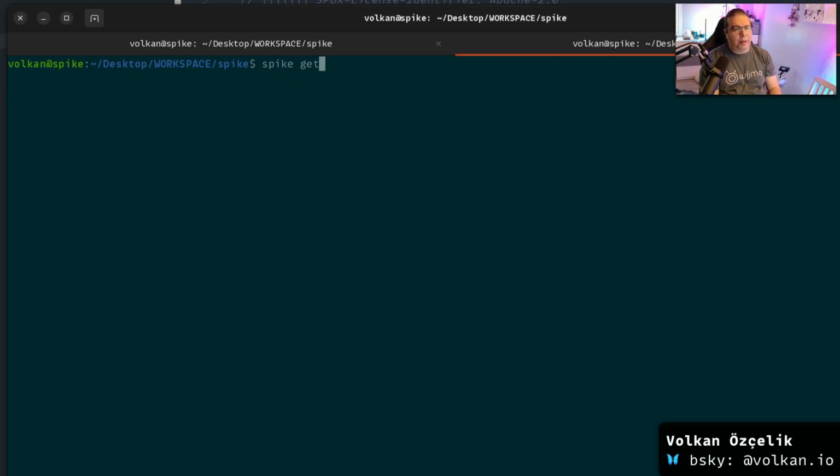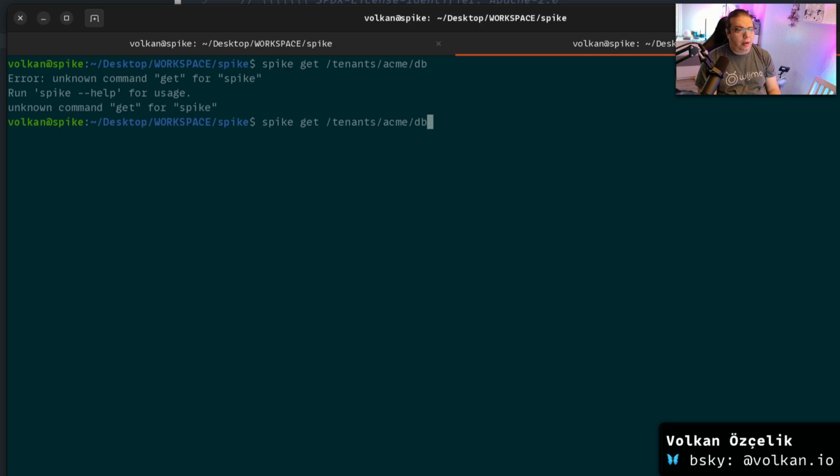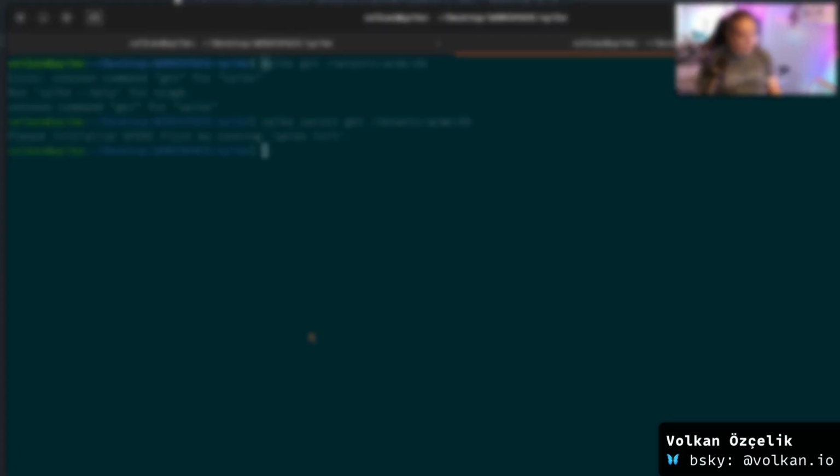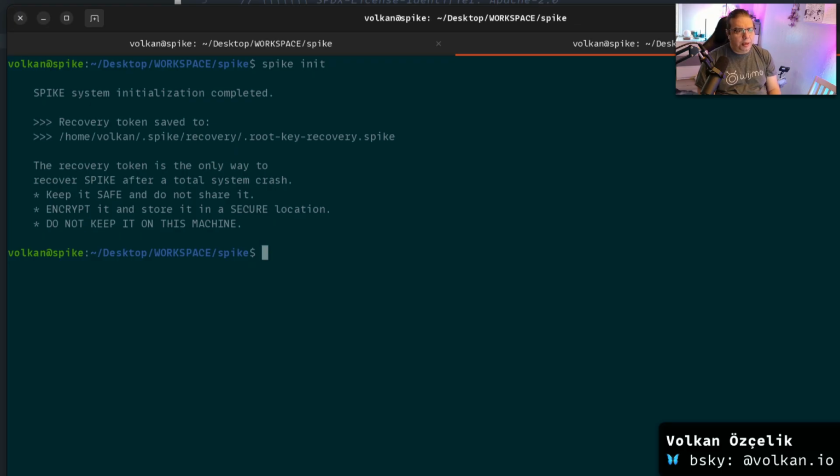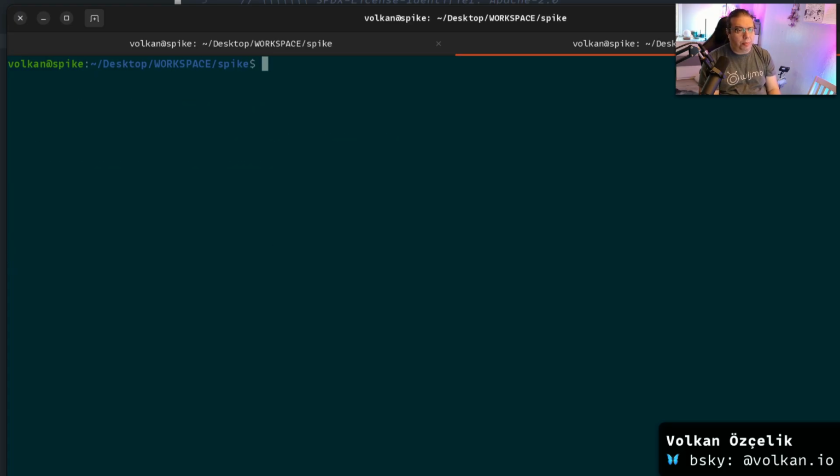If I do Spike secret get tenants acme db, it will say please initialize Spike. So I'll do Spike init to follow its suggestion. So we initialize our secret store. Now we can test the demo application, because